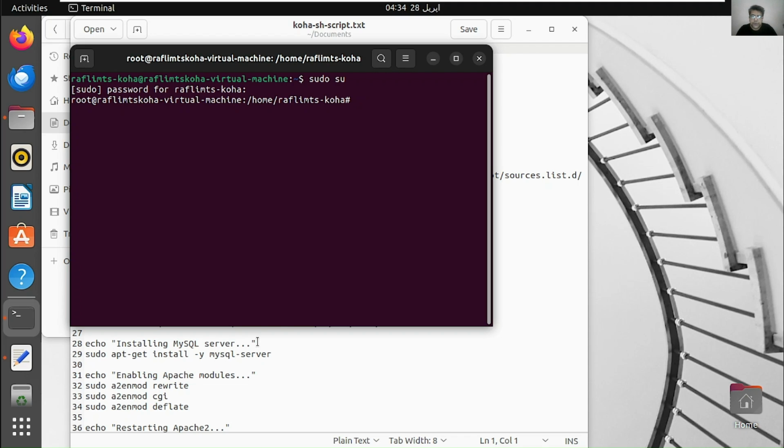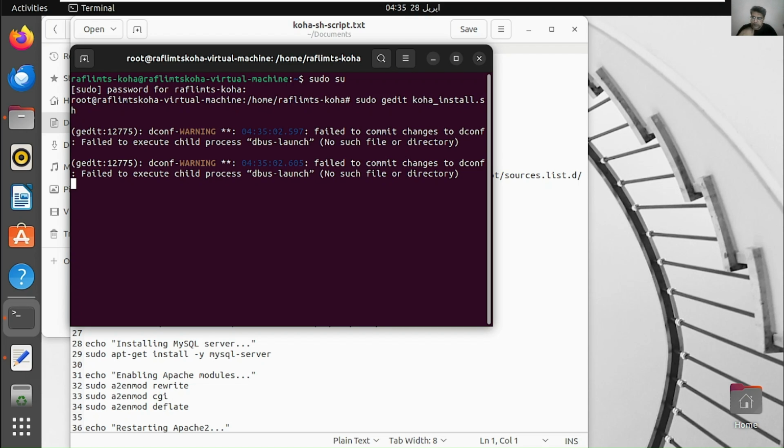Then you need to create one file, named koha_install.sh. I am using nano here, or you can use gedit as well. So we write gedit and create this file.